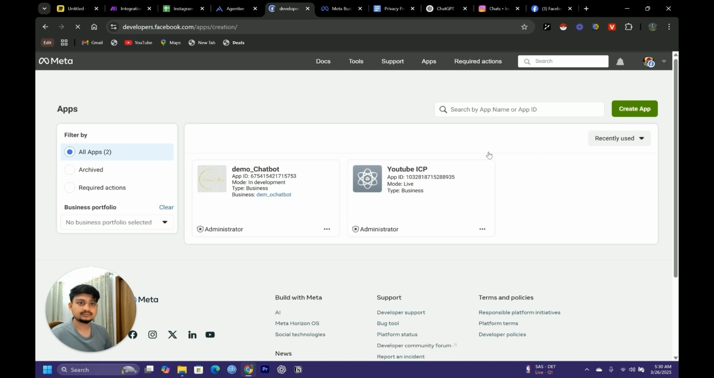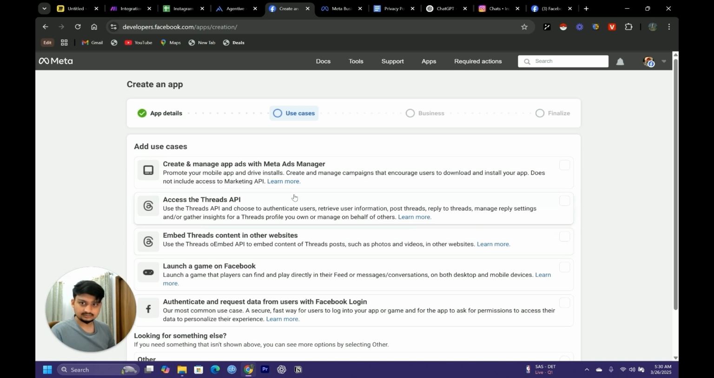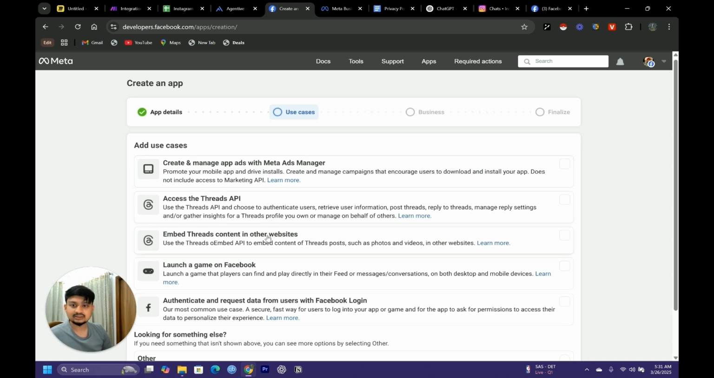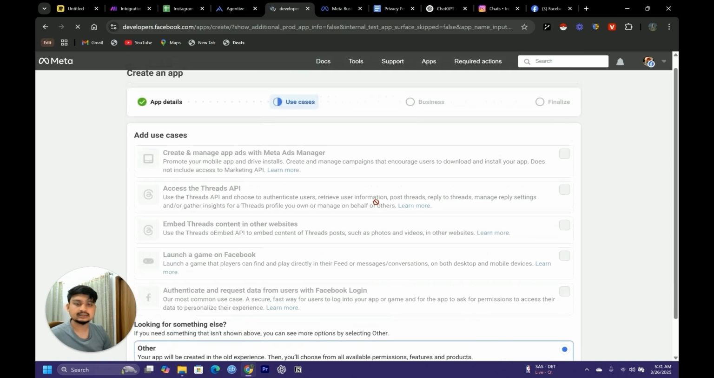Just click over here and write a name for your app. This will be your contact email, and yeah, these are the cases by which you will get access for these APIs. So this app is basically the way to get the permissions. I don't need any of these cases, so I'm just gonna go with the other and next,